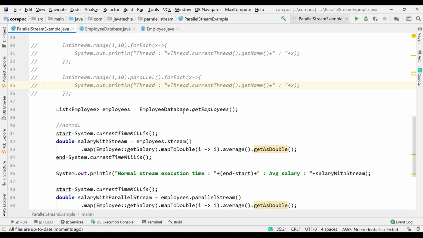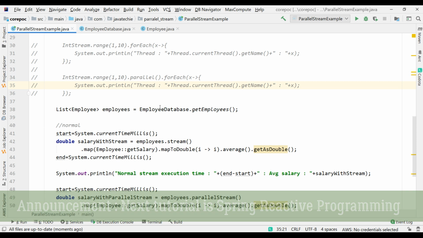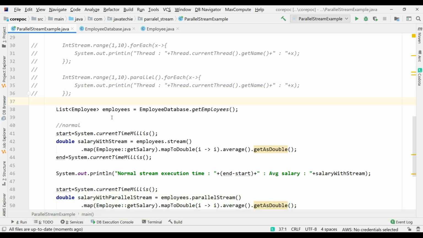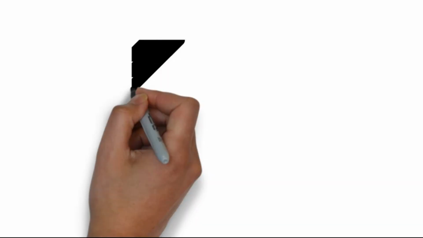So hopefully we covered almost all the required Java 8 concepts. Now this concept will help you when I start Spring reactive programming. Okay. So once again, if you are not aware of Java 8 functional style coding, please visit my Java 8 playlist. Also, I will add the link in the video description so that it will help you to understand Spring 5 reactive programming, which is my upcoming series.